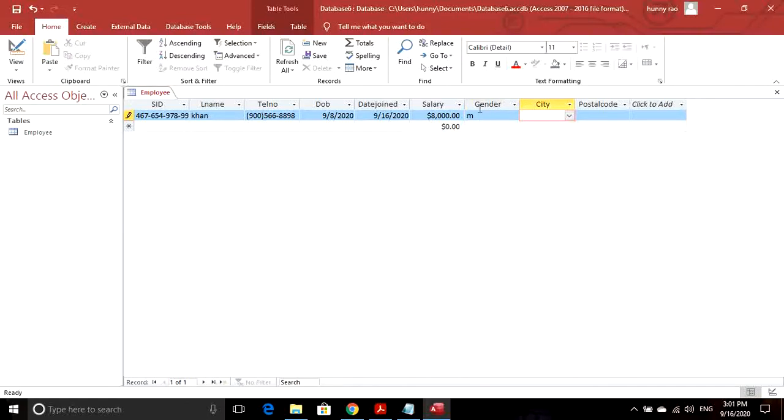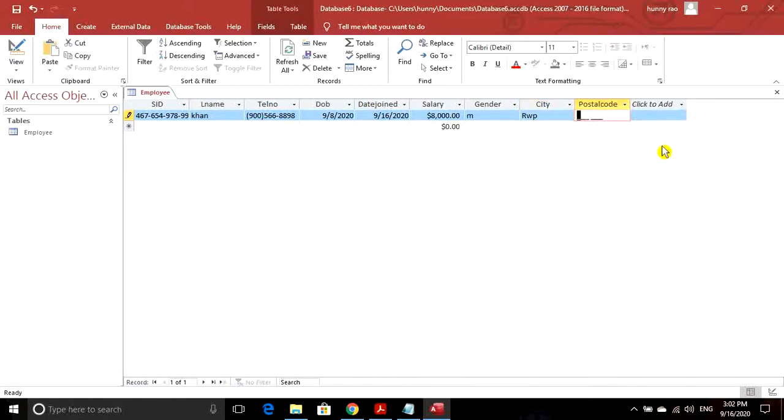Okay, moving forward, now you can see this arrow in the city field because we have added some values using the lookup wizard, and those values were Vahken, Rawalpindi, Islamabad. So when the user is entering a record in the city field, he has 3 options and he selects from these 3. But if he wants, he can write some other option as well. For example, if you know that most of your employees are from these 3 cities, it's better to give them the option to select.